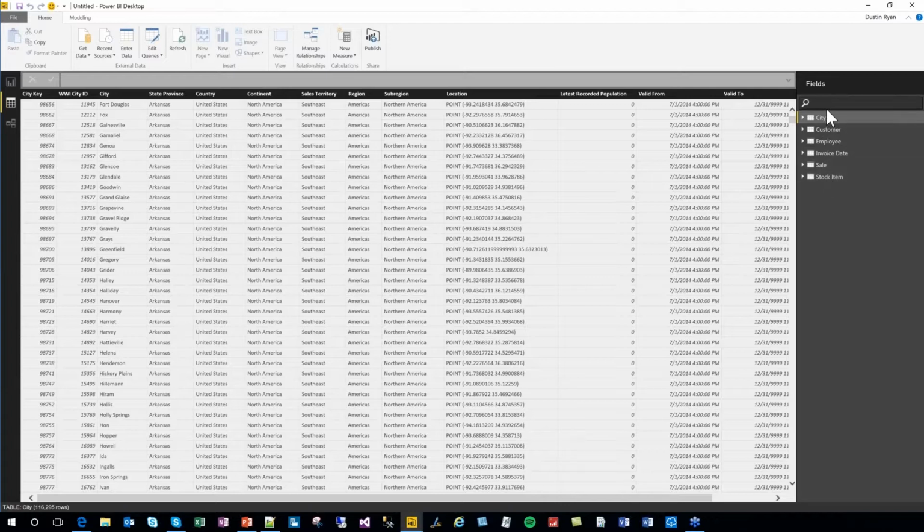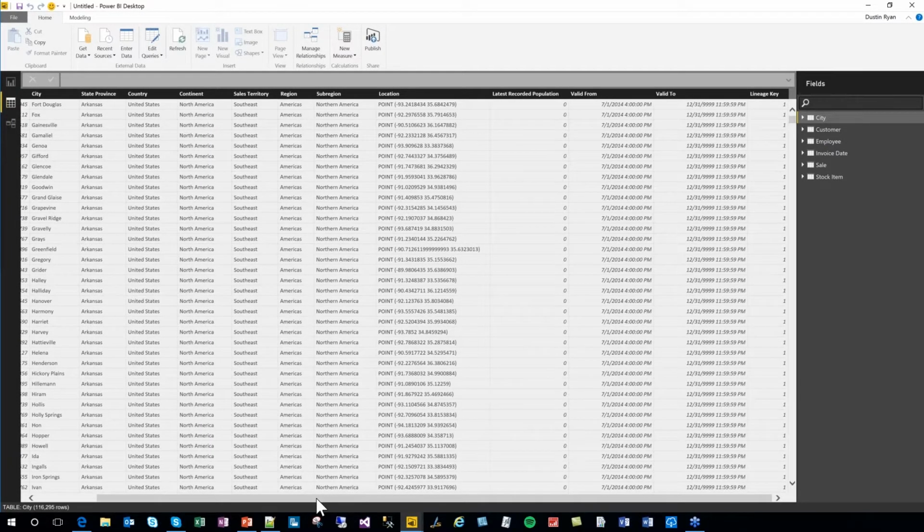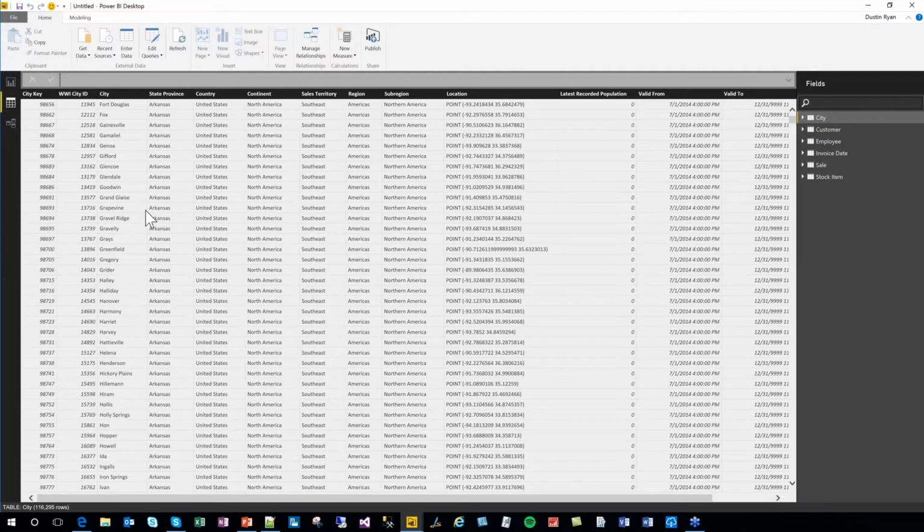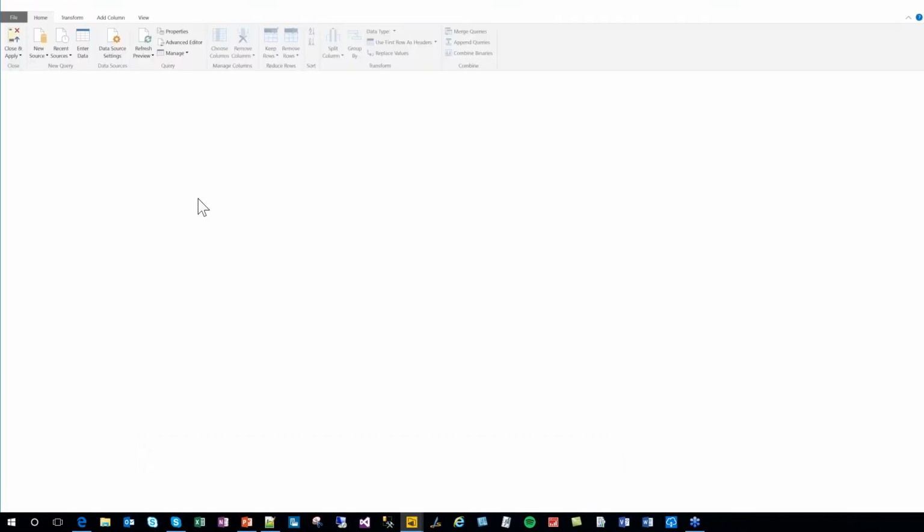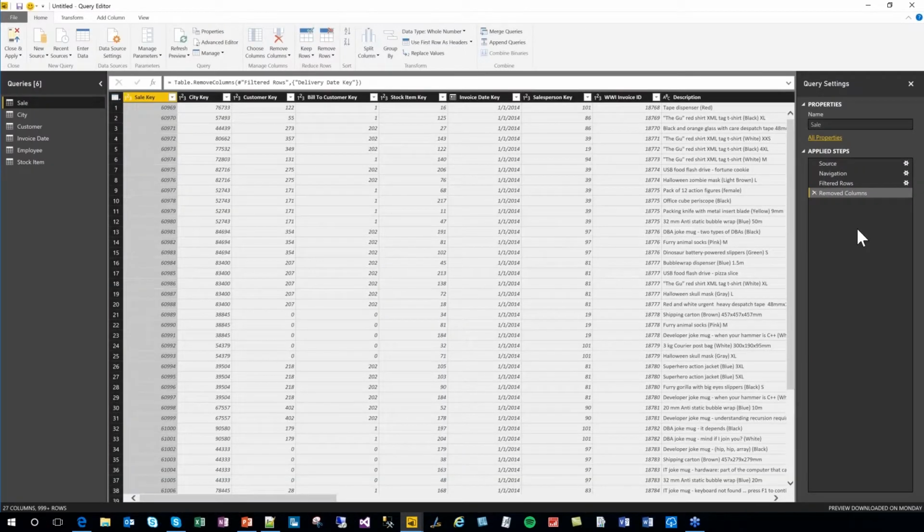And remember, these are all individual queries that we first established when we connected to our SQL Server database. If I need to go back and edit those queries at any time, maybe I'm looking at my data, and I say, oh man, some of this is messy, I don't like the way it looks, and I need to do some more data cleansing, I can click the little Edit Queries button up here at the top, and that will bring me back to my query editor, so I can continue to apply some transformations to the data. And then once I've finished, I can just click the Close and Apply button, and that will take me back to the